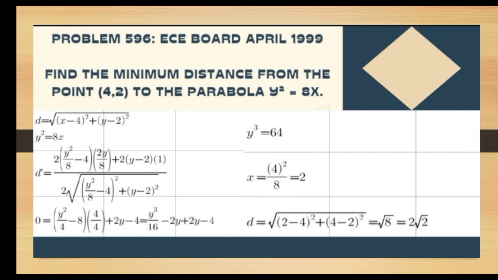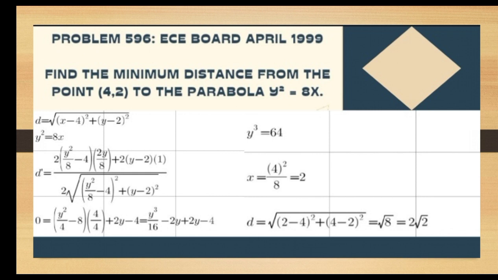We are also given a relationship, y squared equals 8x, which represents a parabolic curve in the coordinate system. To find the minimum distance, we need to differentiate equation 1 with respect to y. This is done to find the critical points where the derivative is equal to 0. We use the chain rule and simplify the expression to obtain